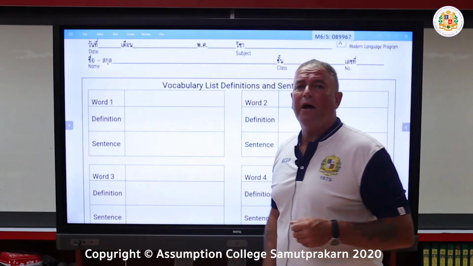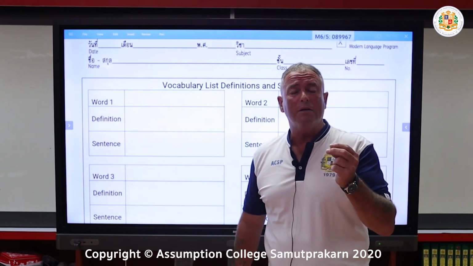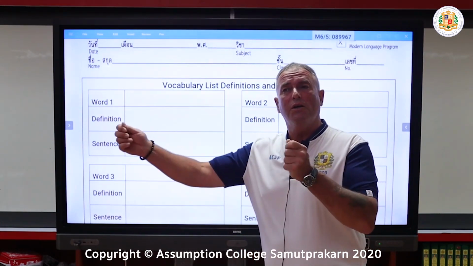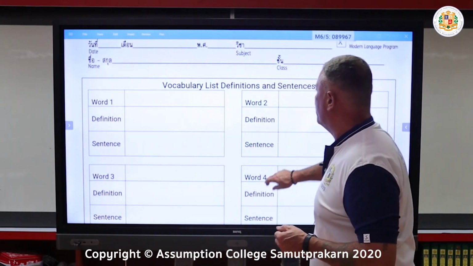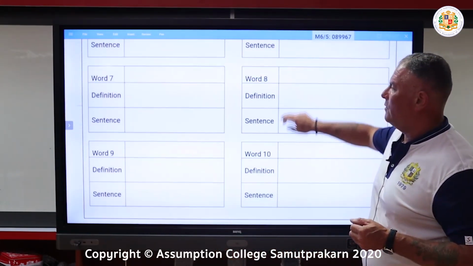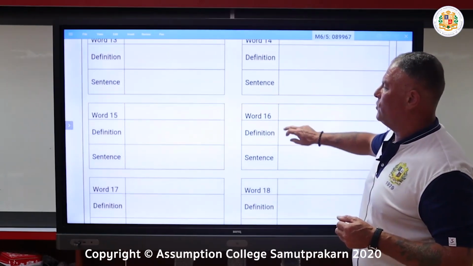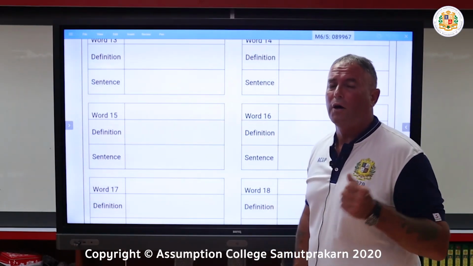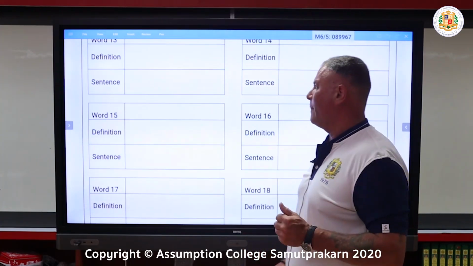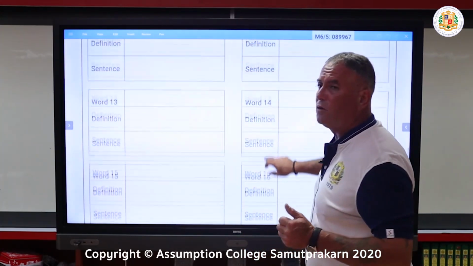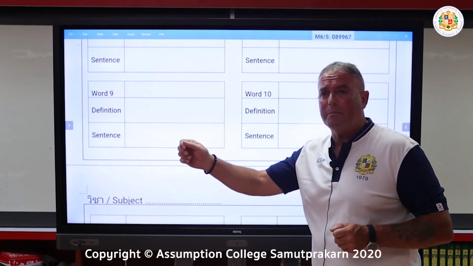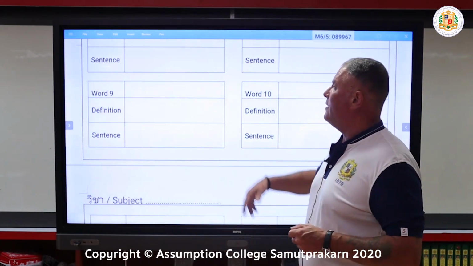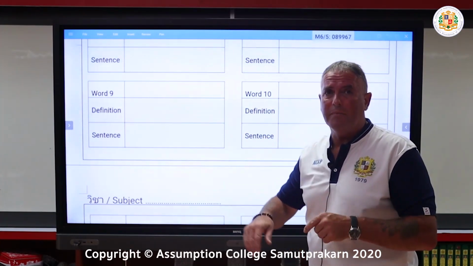Then find where the sentence is, or you can make up a new sentence using that same word. It's up to you on that, okay? And there will be several of them, okay? You have 2 lots of this. You have 44 per lesson, okay? So make sure that you find any word that you do not understand, highlight them on the Word document, and then write them or type them into